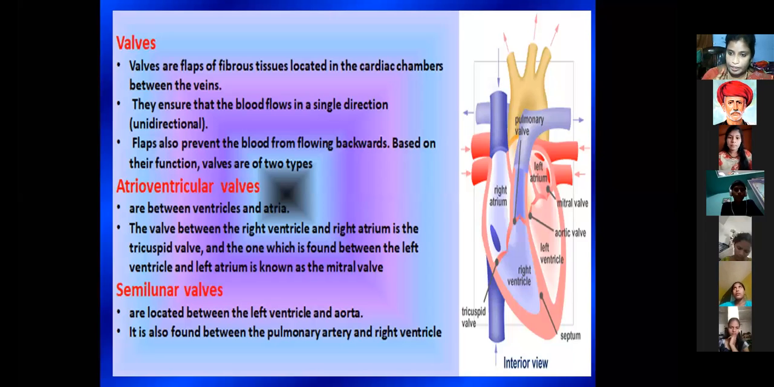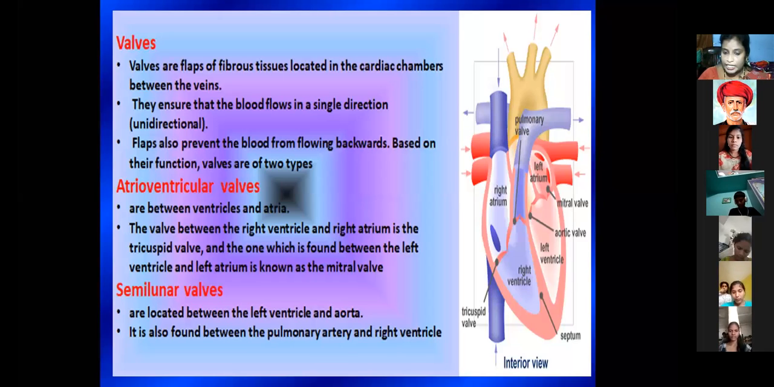Already four valves are there. What are the first two valves? Tricuspid valve and bicuspid or mitral valve. For you, mitral valve and bicuspid valve are the same thing. Okay, ma? The tricuspid valve also